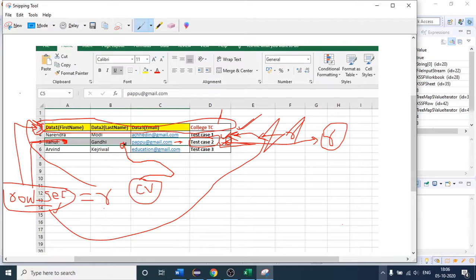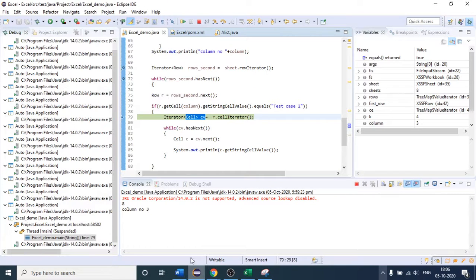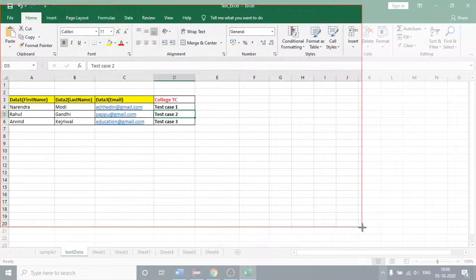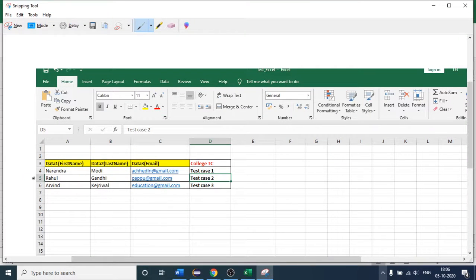Let me write it like that. It will be created for this entire row. But as it is a cell iterator, its purpose is to fetch this value, the first one, and then the second one, and then the third one, and then the last one. After that I'm again checking cv dot hasNext. Before going forward, let me take one new screenshot again. I don't want to create a mess there. So this is the cv, this is one cell iterator, and it is for this one.